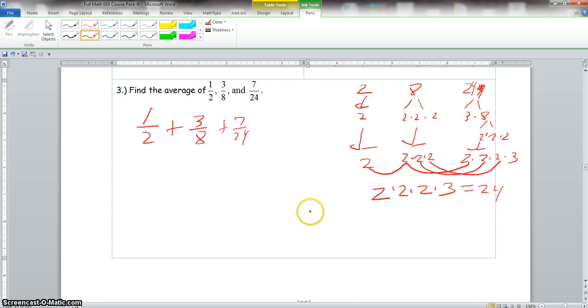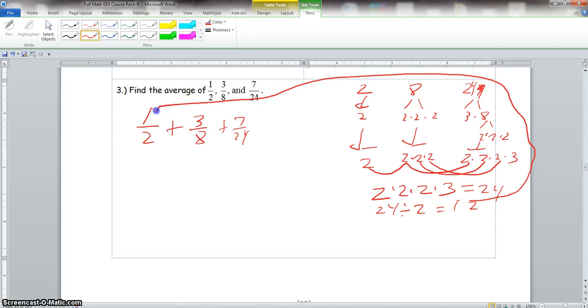Now, this is what we would do. We would take the new denominator divided by the old denominator. That gave us 12. So we know that this 12 will be multiplied to this 1. And then next,